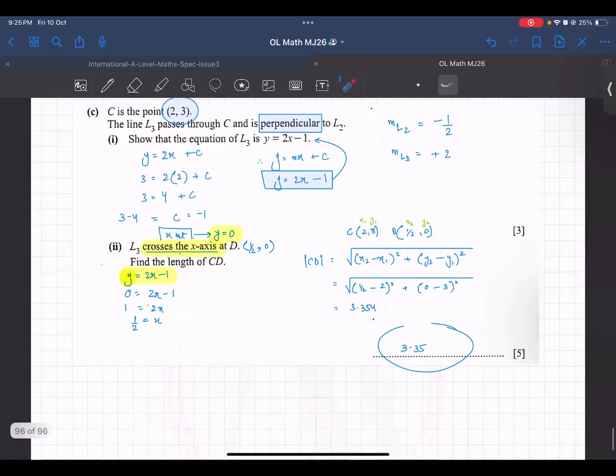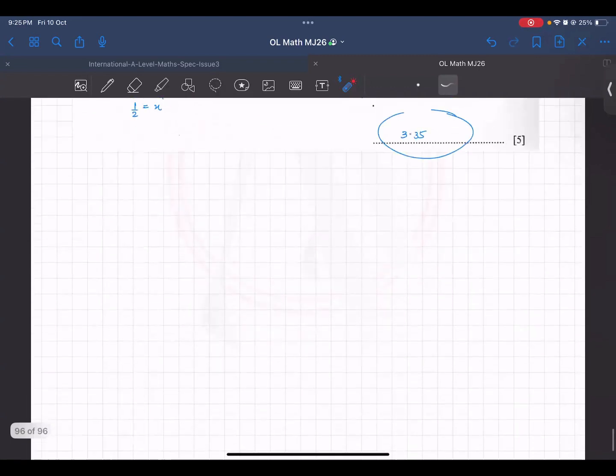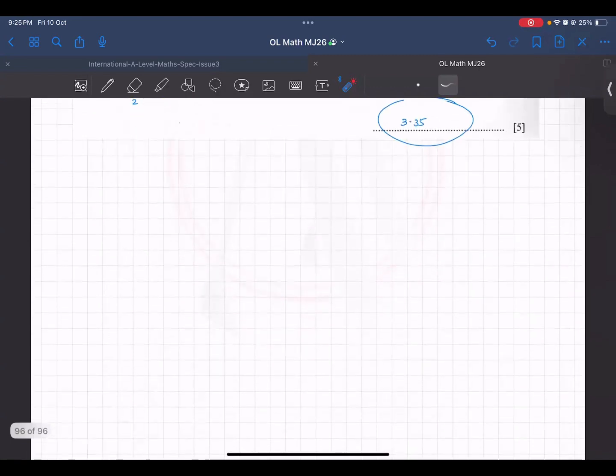Now, 90% of the questions would be similar to the things that we have done in the past, but in today's class, we will do more past papers in the next class as well. But right now, I want to finish this topic, which includes finding the